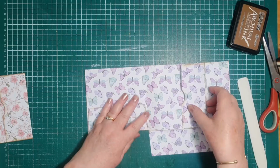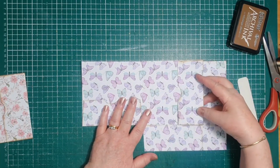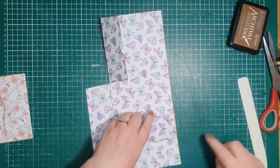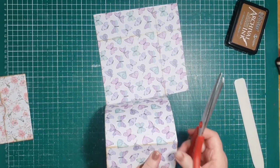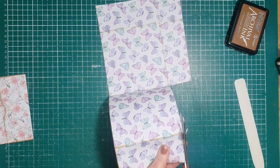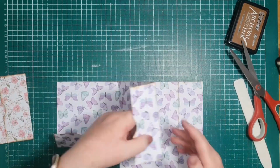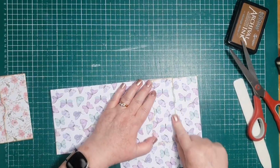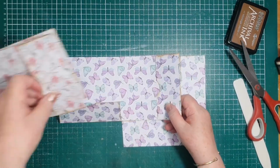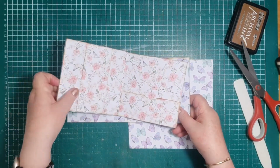Then you've got your middle page, and for your middle page we're just folding that section over there. Okay, we have got a little bit of a gap there, which is what we want, and I'm just going to trim that down very slightly, just up to the score line again, and that just makes that fold nice and neat as well. So that's our second page. So that's this bit here for you. And then we're going to come into